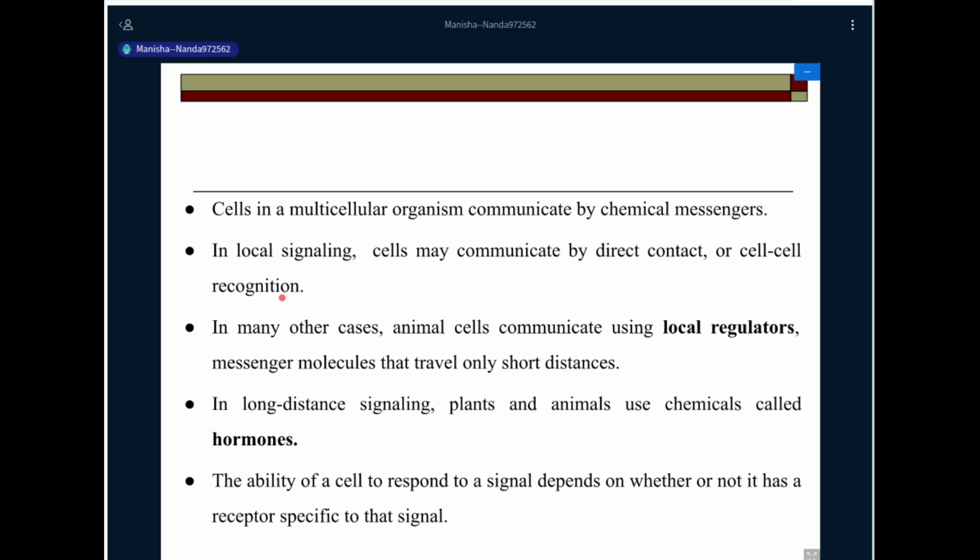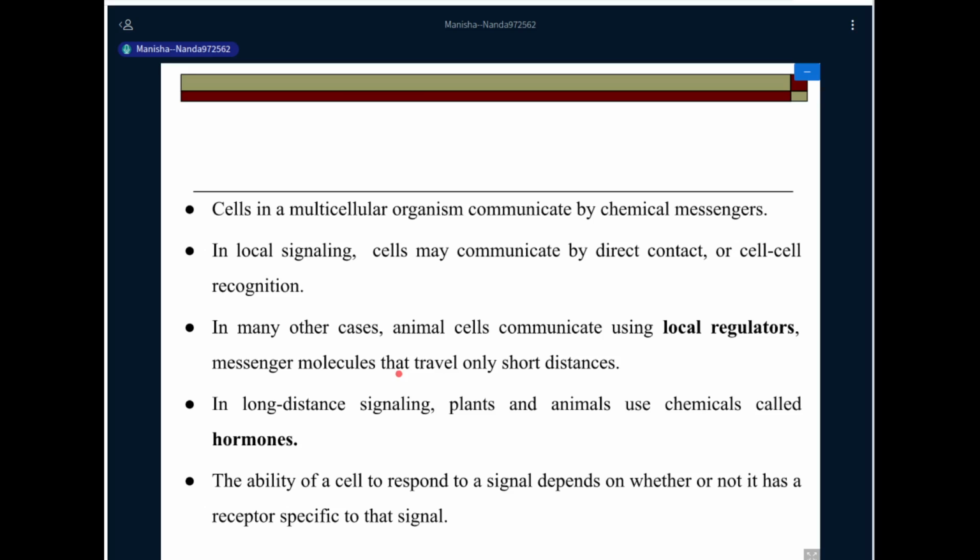They recognize them due to changes in the cell surface behavior of that infected tissue, and this is also an example of local signaling. Now, in many other cases, animals communicate using regulators, messenger molecules that travel only in certain directions. So that is, in case of local signaling, you see that